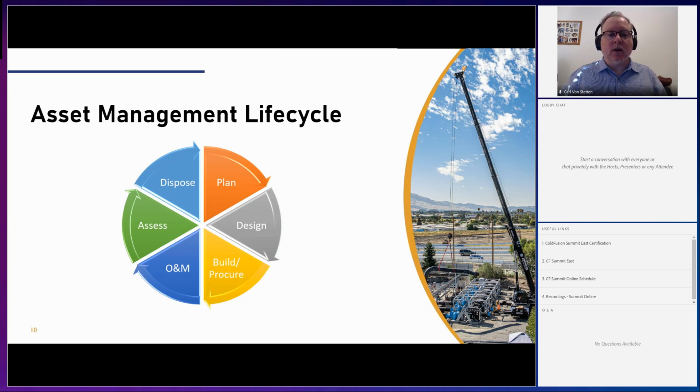Asset management has what we call a life cycle. It starts out with identifying a need for some asset or a group of assets to perform a function, to provide some kind of treatment process or collection system piping that is needed for a new area of service. And it starts out with planning those things out, identifying what do we need, what are the parameters it has to operate under, so that we can get a good sense of what it is exactly that we're trying to build. And then we move into the design phase where we actually prepare drawings and specifications that identify exactly